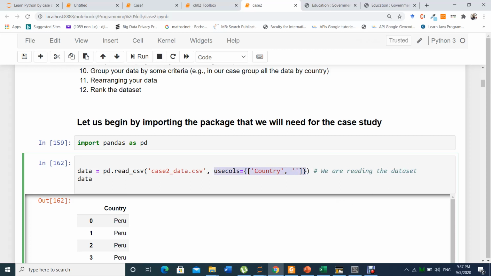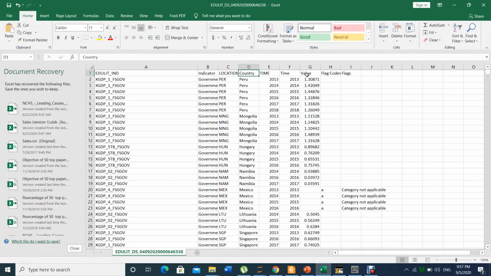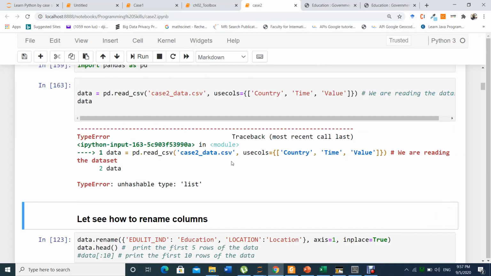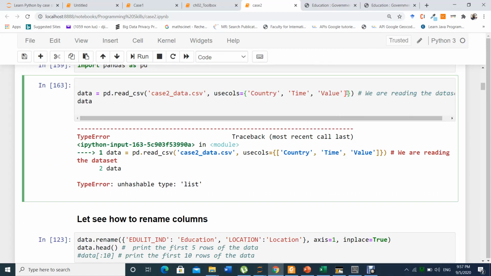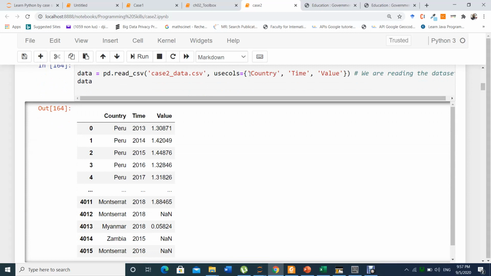Country, time, and value. The name is correct, yes, value and time. What's happening again? Oh, it's a list, this one. And you see now you got it. I made a mistake by putting it in the wrong place.